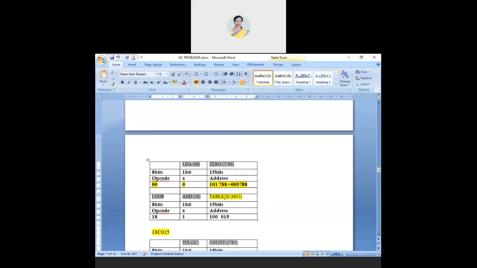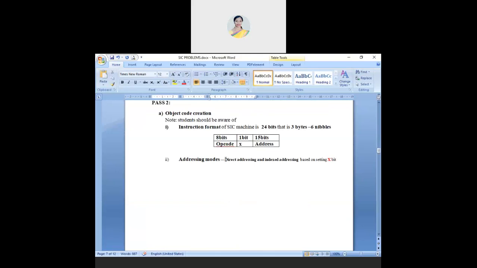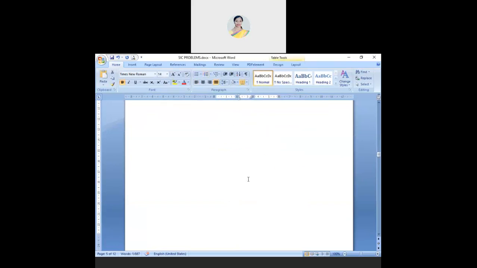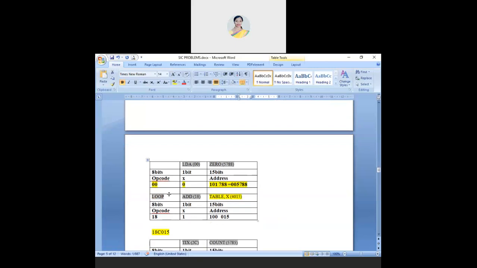You have two types of addressing mode in SIC: direct addressing and indexed addressing. How do you represent indexed addressing? Using the X bit, so I have to set the X bit over here. I have to set this as 1.